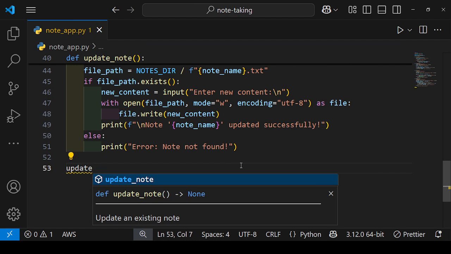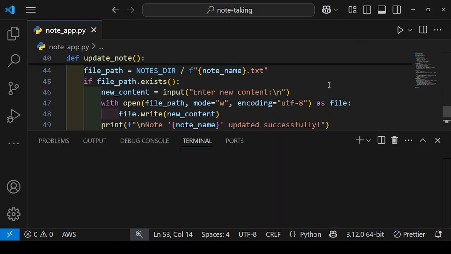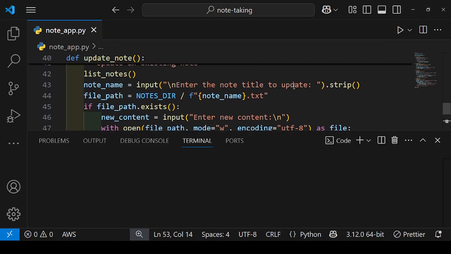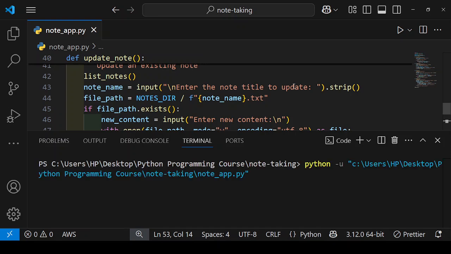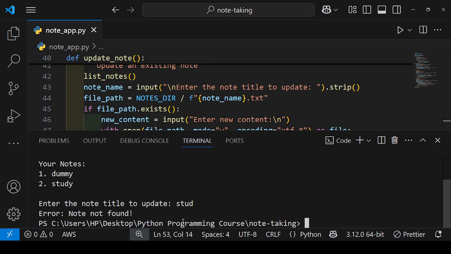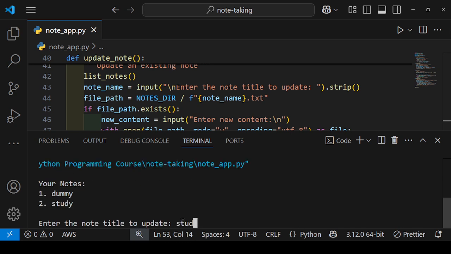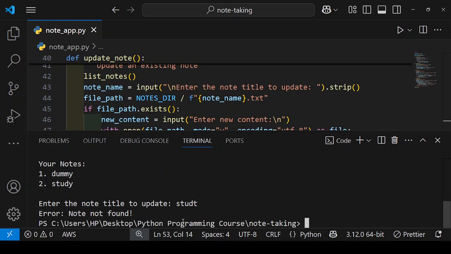Okay, so let's look at whether it is working or not. So I will run. First, it will list down the notes. Listing the notes we have. Yeah, we have two notes. Which one do you want to update? Suppose I enter some wrong spelling. Okay, we get error not found. And if I write the correct spelling,